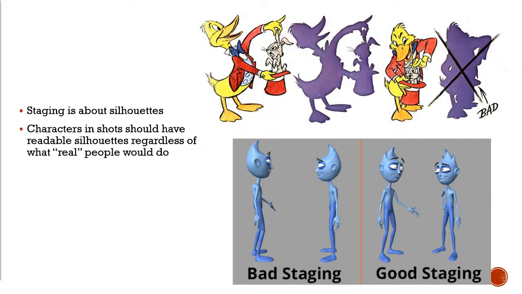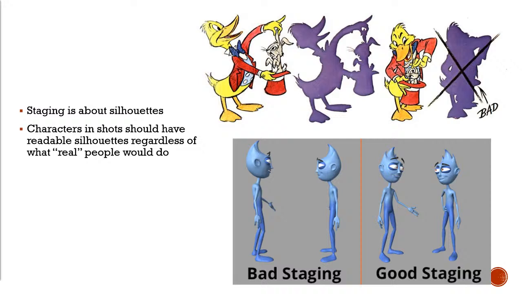So this duck magician is pulling a rabbit out of his hat. If you have the duck magician pulling the rabbit out of the hat on the left, you can see that even blacked out, that silhouette still reads. We get it. There is a duck magician. We don't know who the duck is, so let's assume that we don't have the reference image. We see this duck-shaped object pulling this vaguely rabbit-shaped object out of a vaguely hat-shaped object. So we can guess what's going on, and then if the lights go on and we see duck magician pulling rabbit out of hat, aha, we got it.